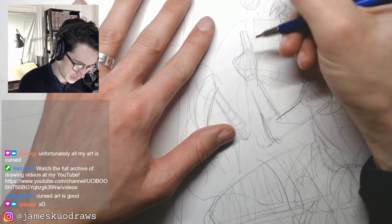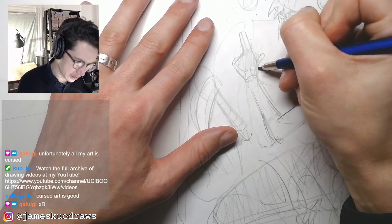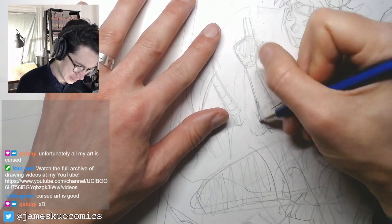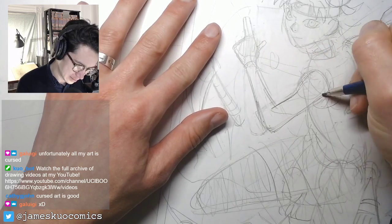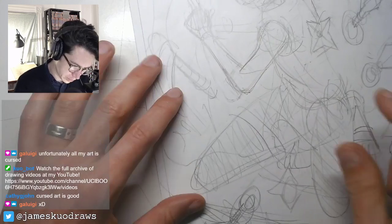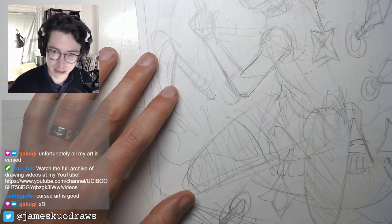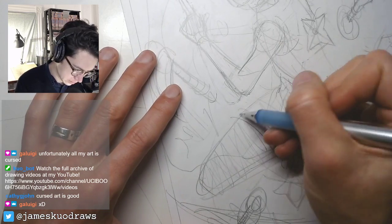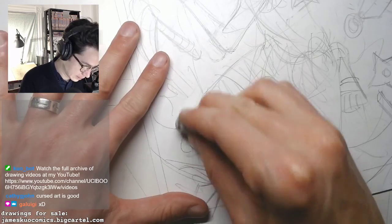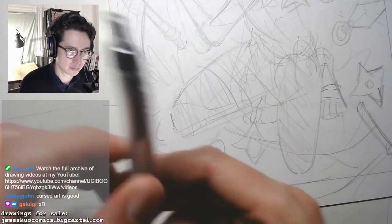It's like you fix one thing and then because every element is interrelated with everything else, you end up having to fix a half dozen things. That looks all right. This is all pretty vague. I need... Which pencil am I looking for? Here we go. Let's shorten this knee a little bit. And this one...